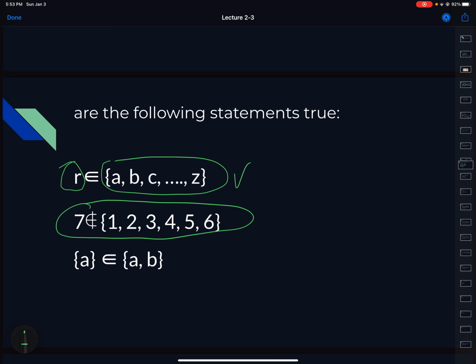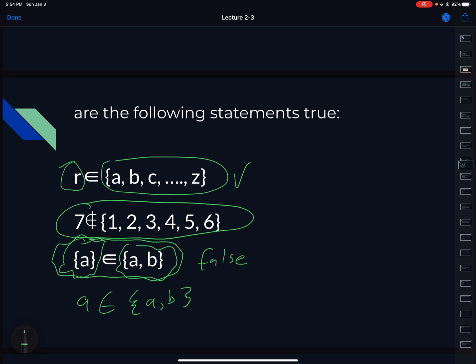And now here's where we get a little bit nitpicky with set notation. We have the set A. Is the set A an element of the set A comma B? Now, inside of this set, there are not little other sets. The set A is not in the set A and B, the set that contains the letters A and B. So in this case, this one is actually going to be false. Whereas A, just the letter A without these curly brackets, without the set notation, is an element of A comma B. That part is true. A is in A comma B, but the set A is not in the set A comma B. And so this is just some basic set notation. You'll have a few problems to work on to get used to it, so please complete those problems. And then in our next video, we will continue on with the set of natural